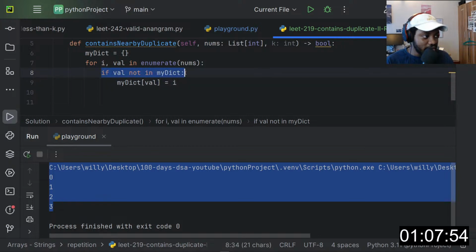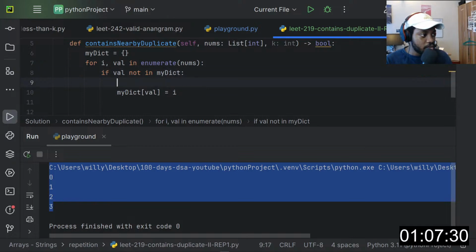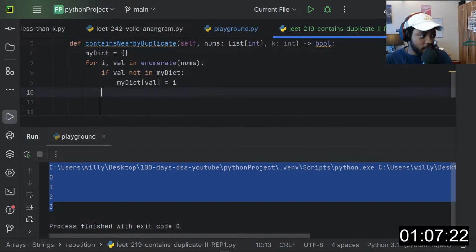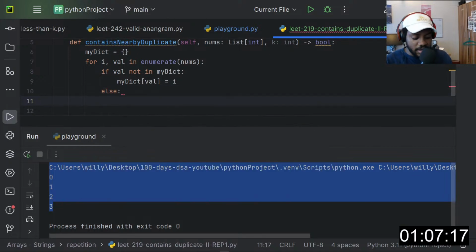So if the value is not in the dictionary, we'll add it with its index. Otherwise, if it's already in the dictionary, it means it's a duplicate this time around, so we want to get that particular value and the J. I want to make sure that we are using I and J as our variables so that it is not so confusing. But anyway, we store the value in the dictionary. Otherwise, if the value is already in the dictionary, we can say: